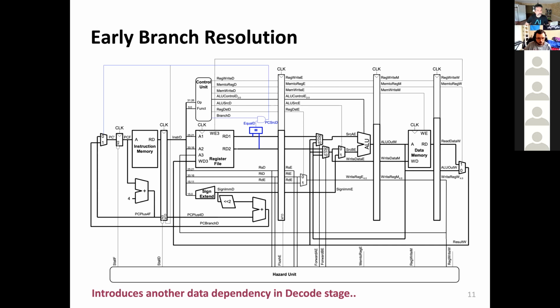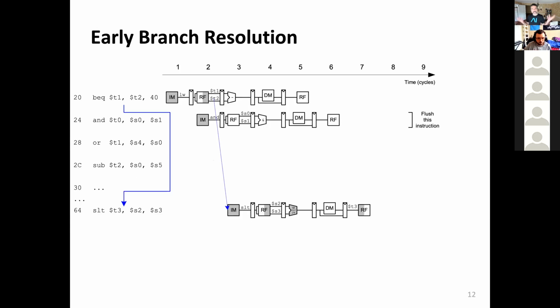Does it make sense? So as a result, since we know whether we need to branch or not in the second stage here, we don't really need to pay the penalty of moving these 3 instructions through the pipeline. Only one instruction has to